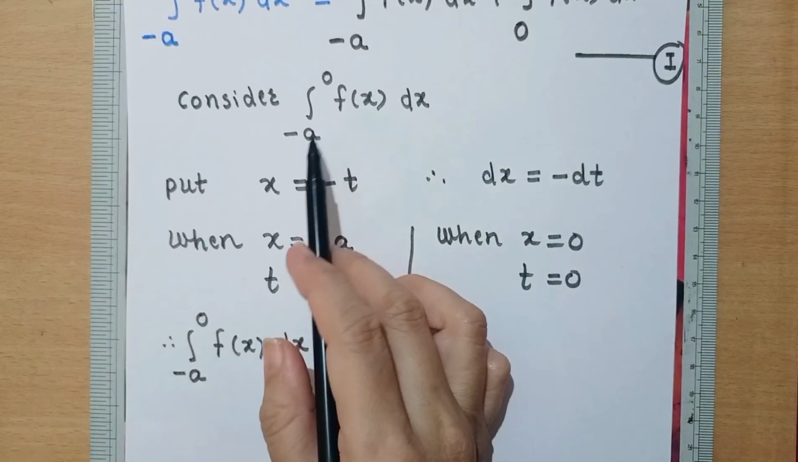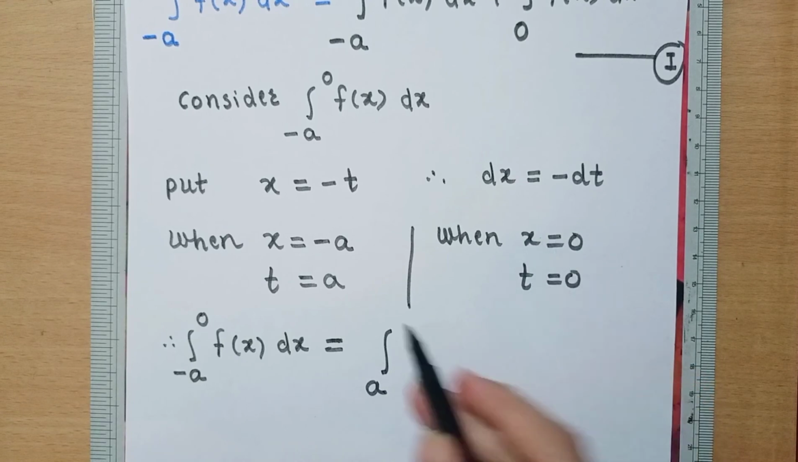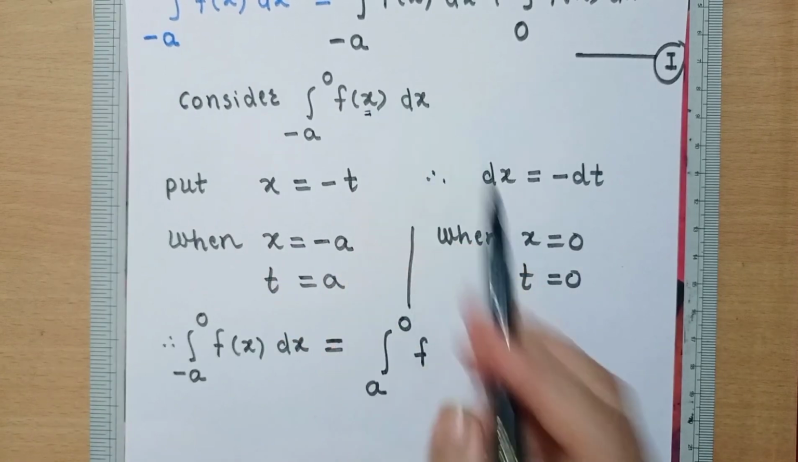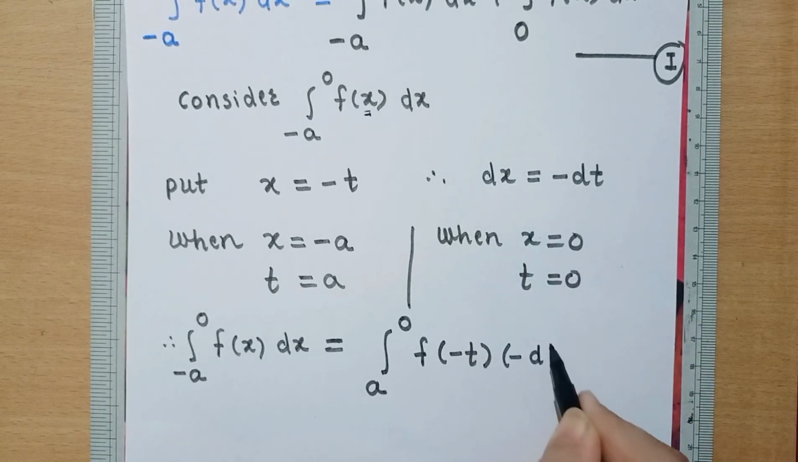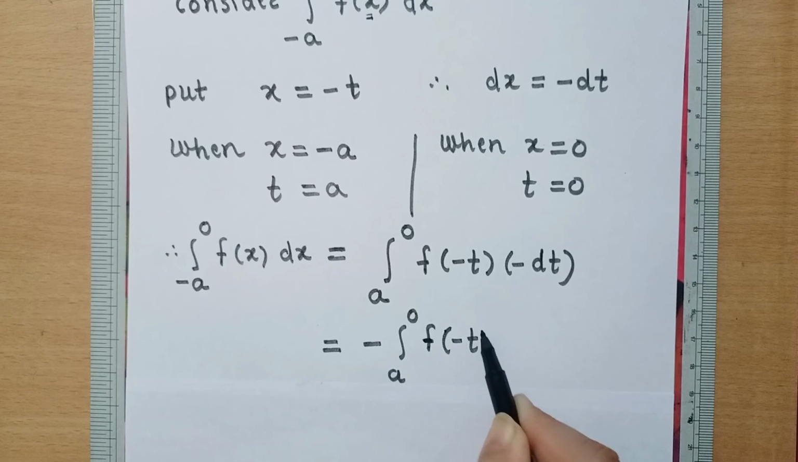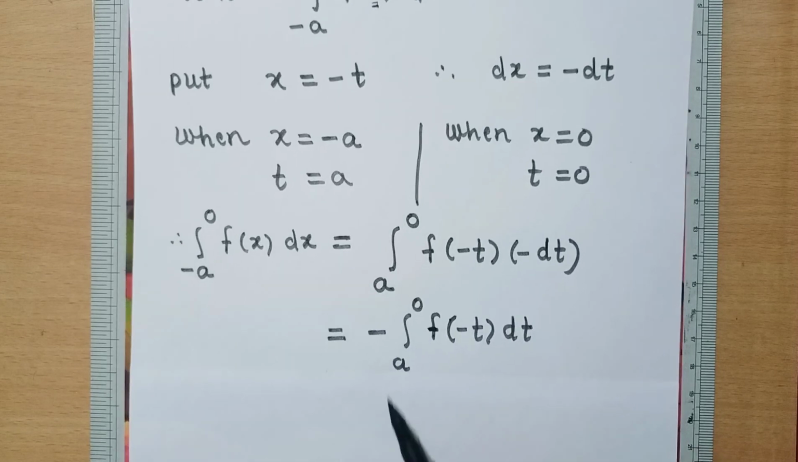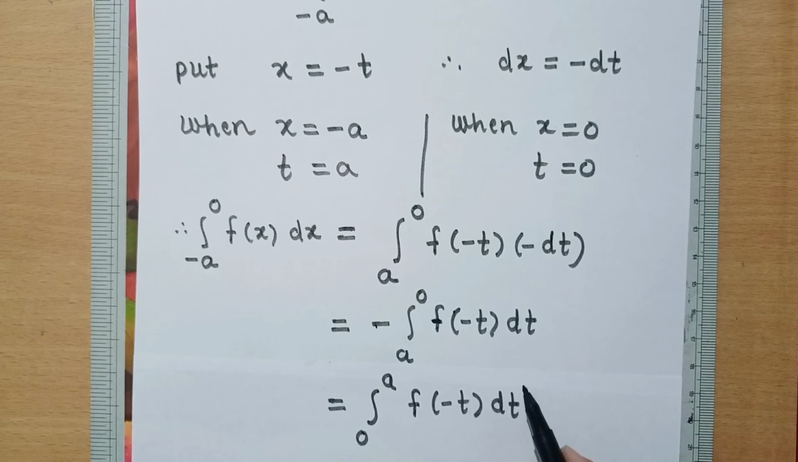So we will substitute this here. When x equals minus a, t equals a, and when x is equal to 0, t is equal to 0. f of x is f of minus t, so here we will write f of minus t, and again dx means minus dt. So again we will move this minus sign outside, and here f of minus t into dt. Because of this minus sign we will interchange these limits, and so here we will write 0 to a f of minus t dt by property 2,